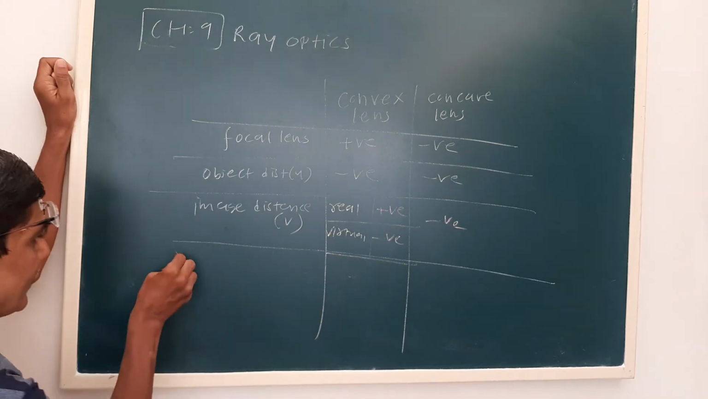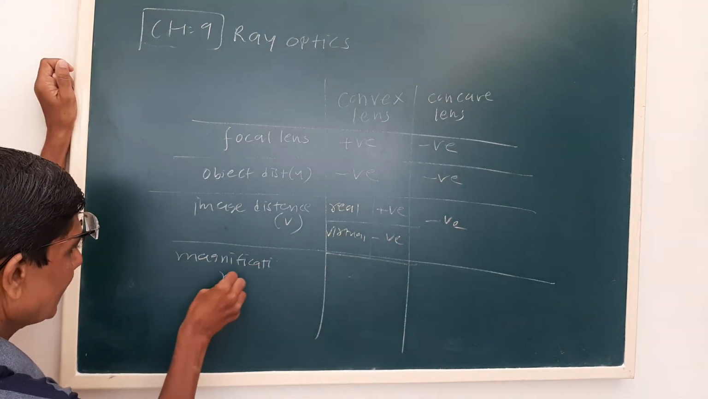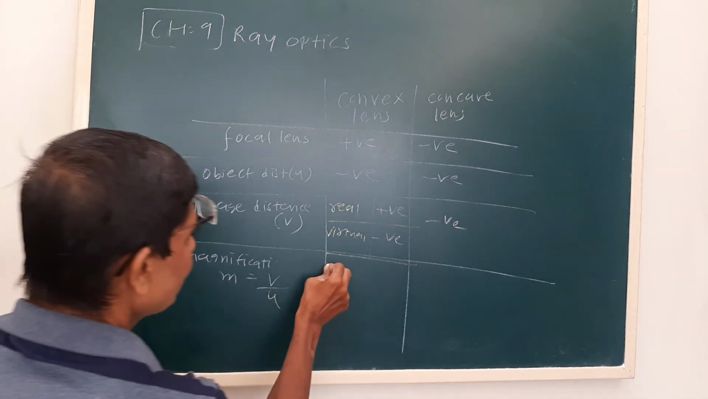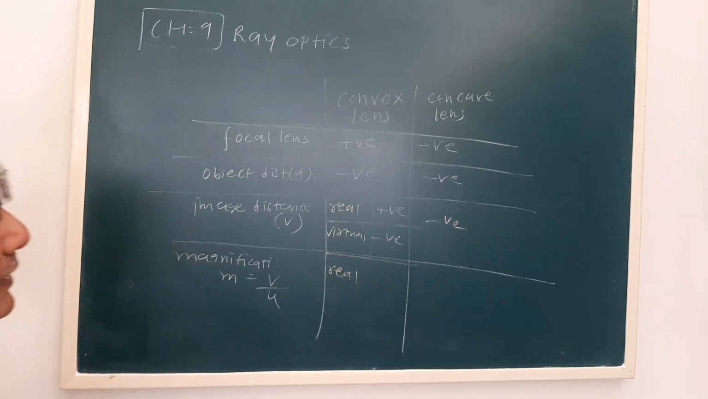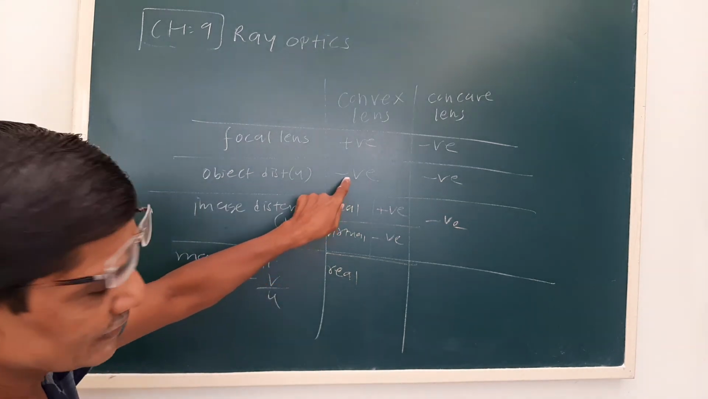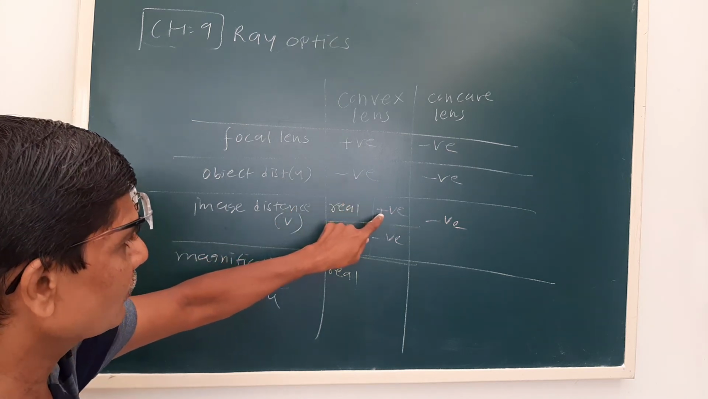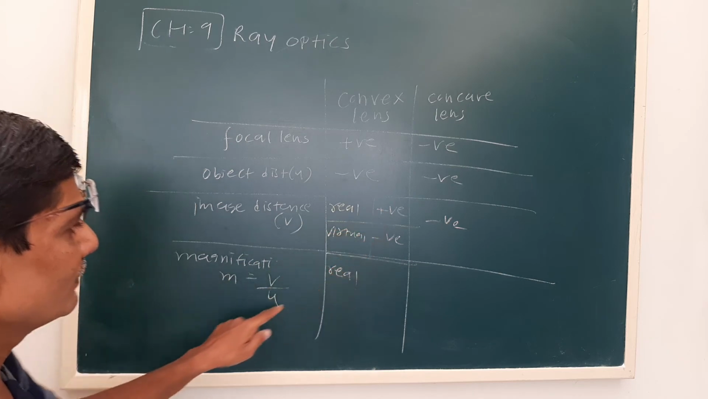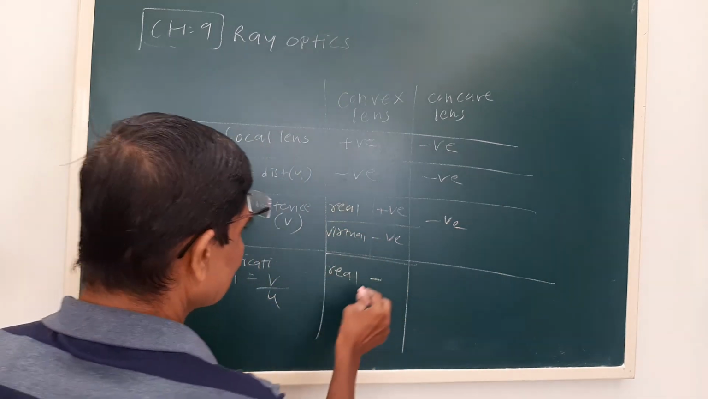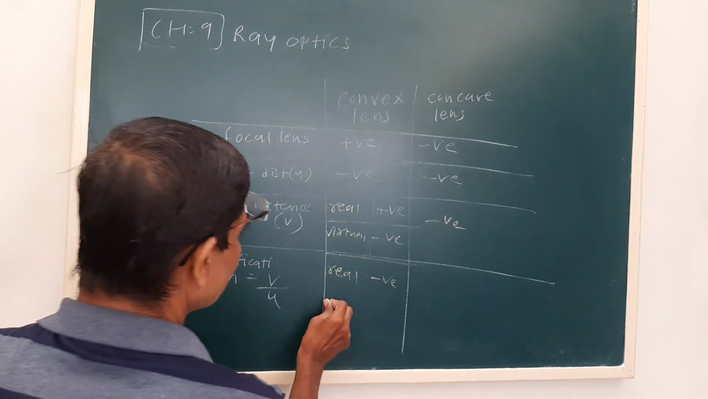Now see the magnification. m is equal to v by u. Now how will the magnification vary when a real image is formed? v upon u. See, the object distance is always negative. When a real image is formed, v is positive, so the ratio of a positive and a negative makes it negative. So when a real image is formed, the magnification will be negative. Okay, and when a virtual image is formed,